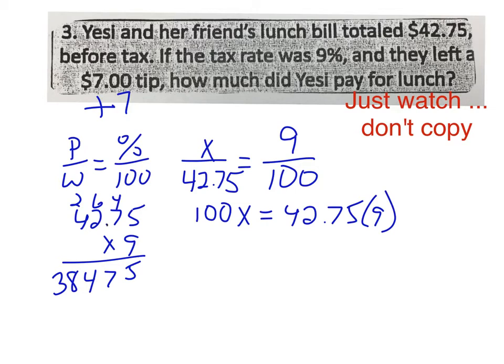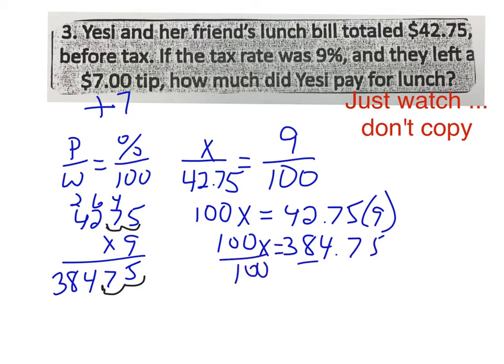Okay, then you move your decimal over twice, so you have to move it over twice there. So that comes out to 100x equals 384.75. Now divide by 100, divide by 100. And that just means I move my decimal because I am dividing by 100. So this is getting smaller. I divide by 10, divide by 100. So that gives me x equals